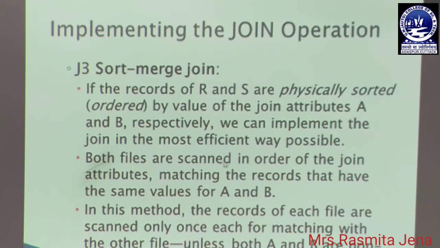Both files are scanned in order of the join attribute, matching the records that have the same value for A and B. In this method, the records of each file are scanned only once for matching with the other file, unless both A and B are non-key attributes, in which case the method needs to be modified slightly. So, this is all about the join operation and how you implement it for query processing.